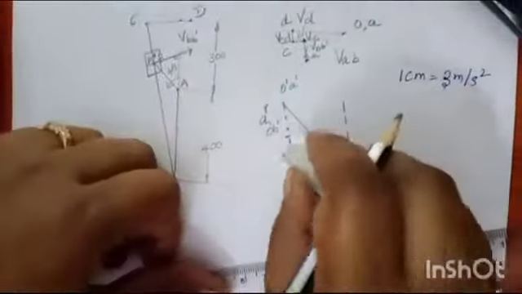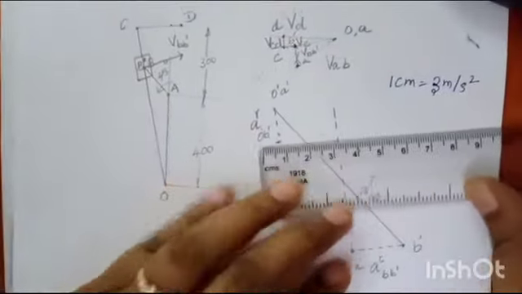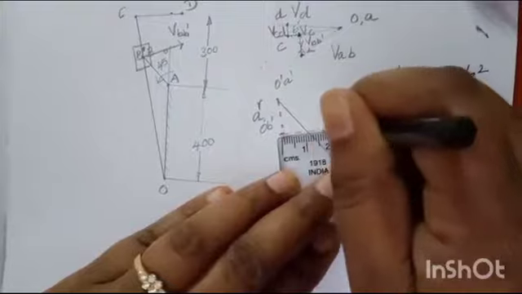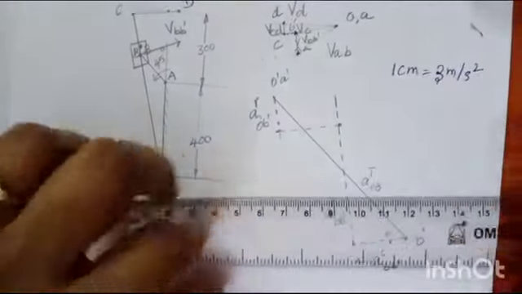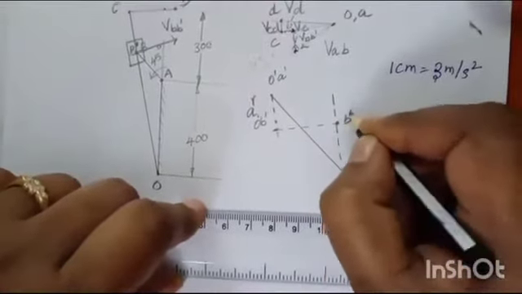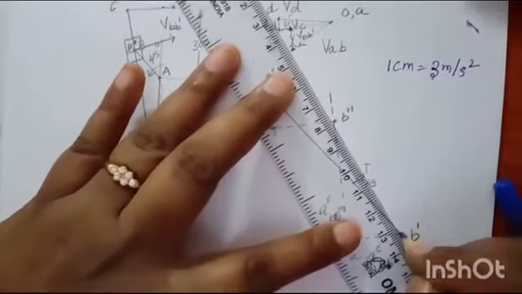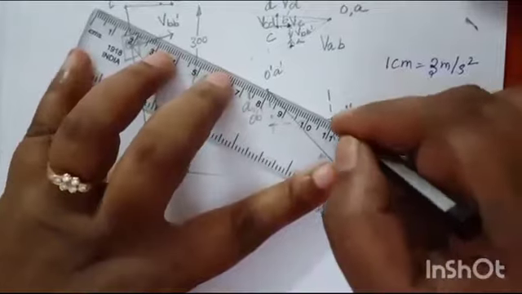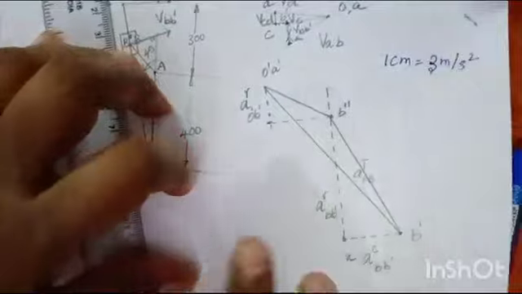Now erase this excess line, and now from this take a perpendicular line, so you will get that B dash point. That means coincident point. So this is your coincident point, so that you can give that B double dash. So now join this B double dash with this B dash and O dash with this B dash. So this is your complete.